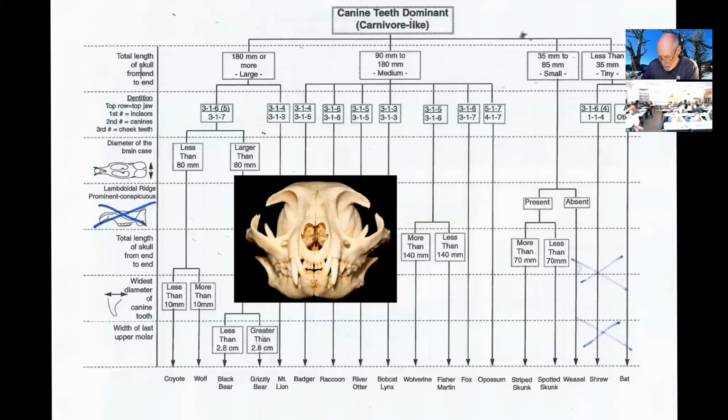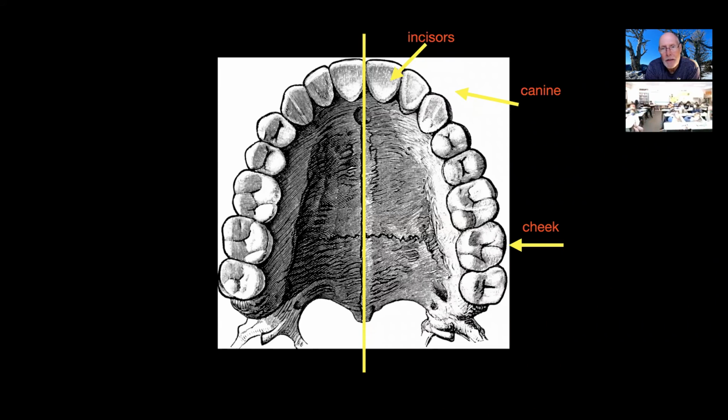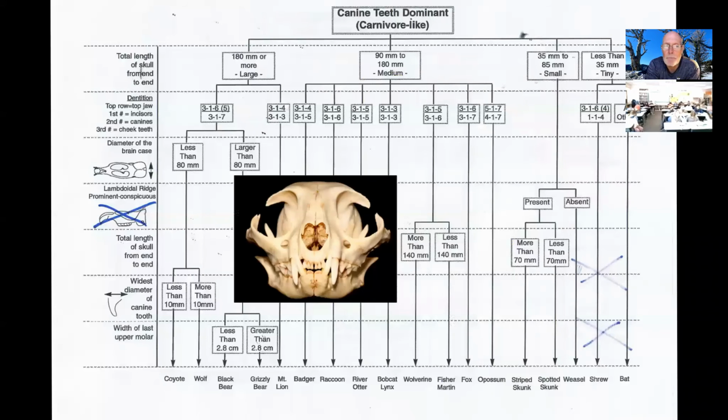There's 6. So if we go back to our skull right here, what I would do is lay it open and say, okay, first of all, I have to know how long the skull is. And then this would have 1 incisor, probably 2 canine teeth, and then 1, 2, 3, 4, 5 cheek teeth. So I would see, does that match up? In other words, was it 1, 2, 5? Well, that's not that one. And so if my numbers come out right, I stay in that column and continue to follow those black lines down.